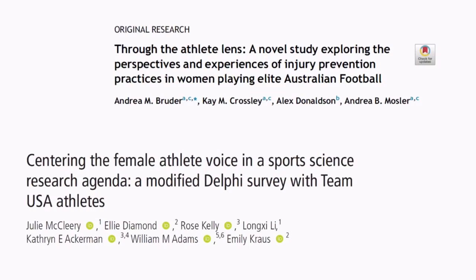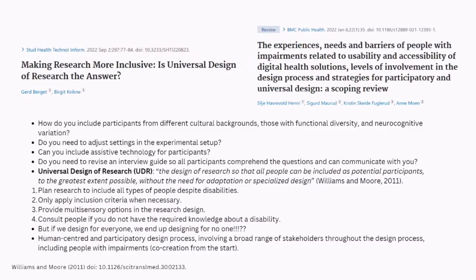There have been a couple of studies within the female space that have started to look at the athlete voice. But even in the study with Team USA, within the paper they identified that they hadn't done the best job they could in terms of including some of the Paralympic athletes. It's clear that there's still a fairly narrow stereotype, or a narrow proportion, of females coming through voluntarily to participate in the research, and we've got a really large untapped population of females that we're not attracting to our studies for some reason. Hopefully I'll outline some of those today.